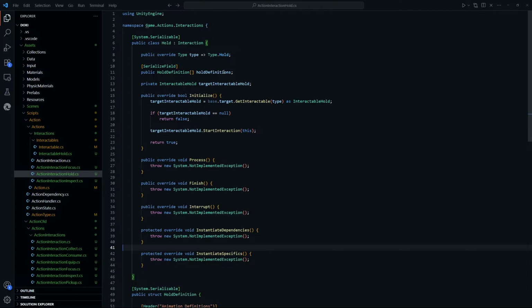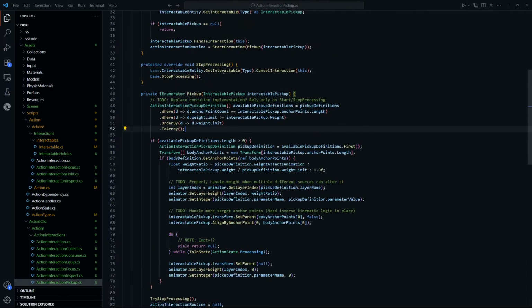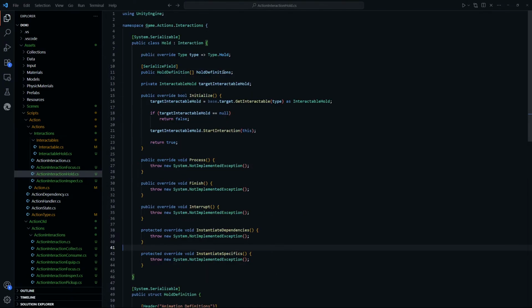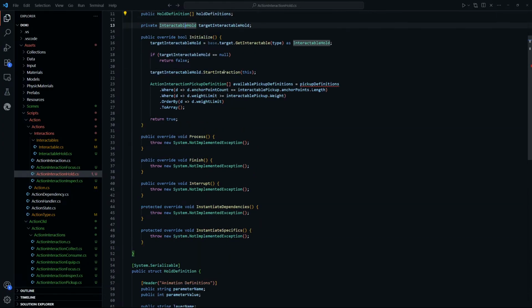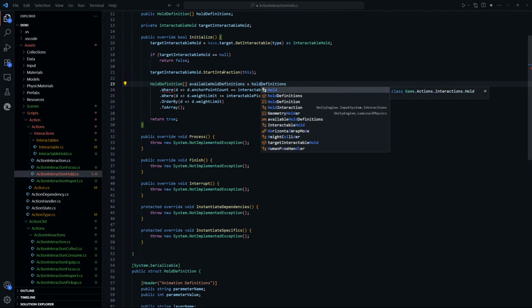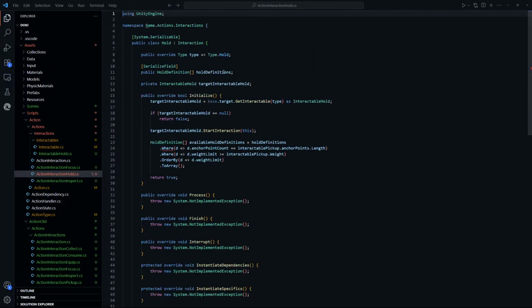I hate the fact that we're going to have an empty process right now. We'll see if we need to do something with process, but let's take this one and jump down to here. Available hold definitions. Yeah, we want old definitions. Old definitions dot where, so we need to